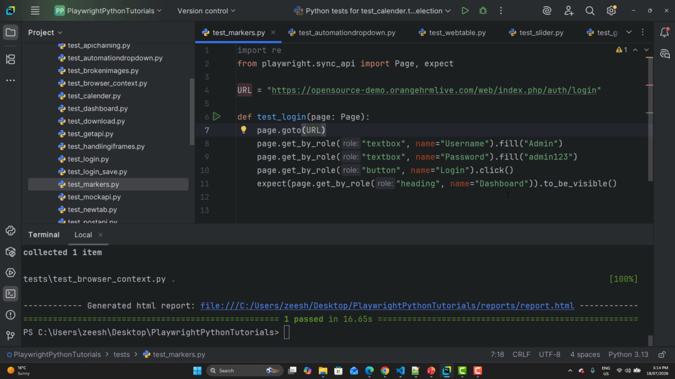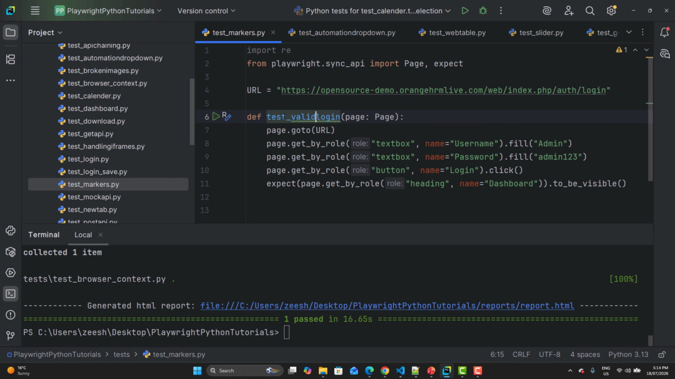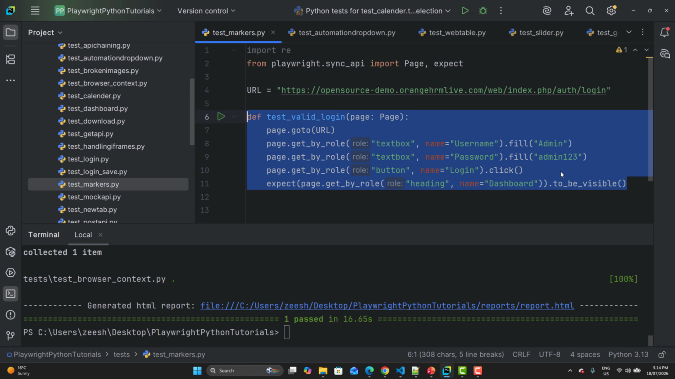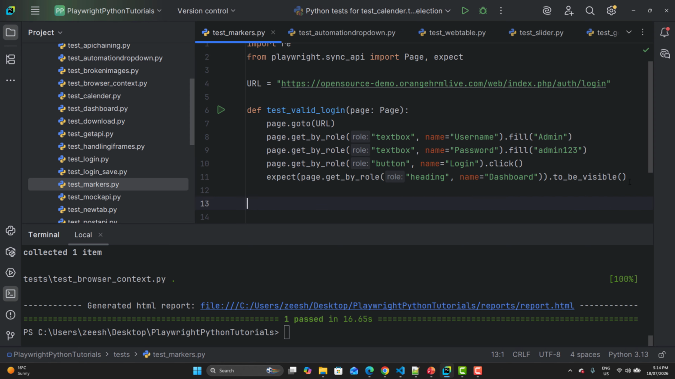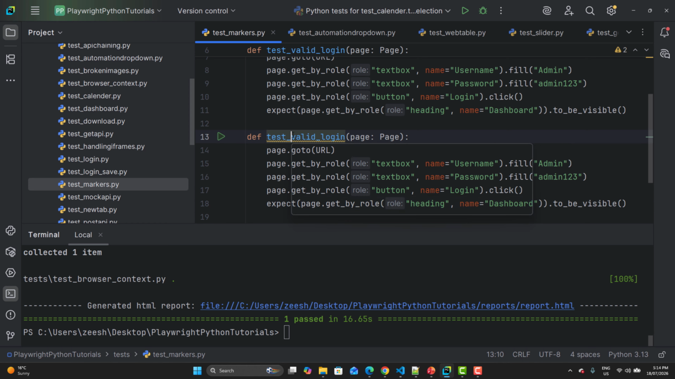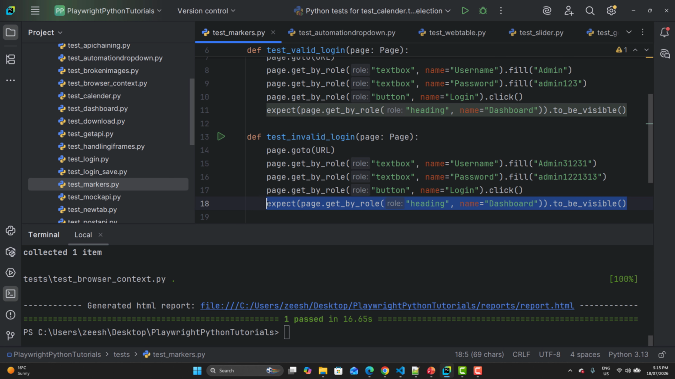Now let's create another. I will name it test underscore valid underscore login. Now copy this complete one from here and paste it here. Let me change the name to invalid, and here I will change the value. Now this test will throw an error when clicked. So let's go to the browser and find the assertion for this one. For that, let me remove this line of code from here